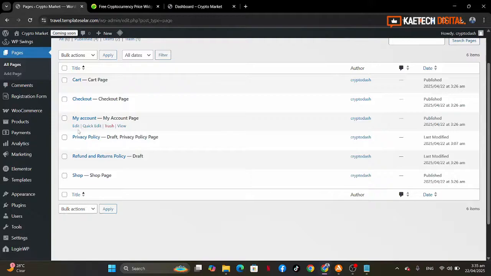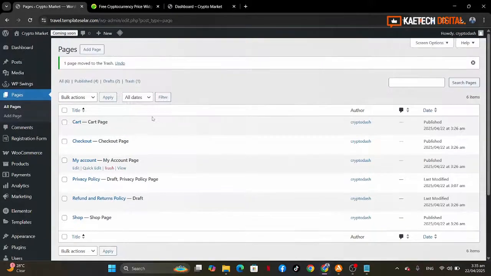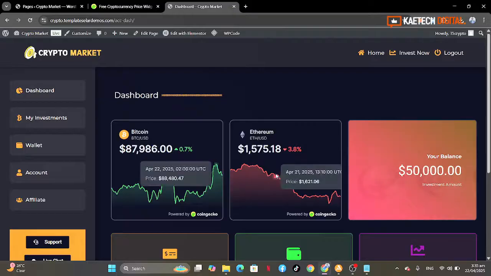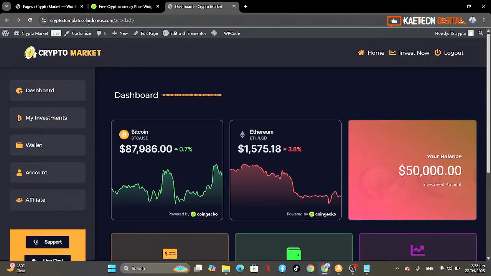Now what I will do is create another page, and I'll call that page dashboard. That is where users are going to land. So if you look over here, this is the dashboard. Now if you look at the URL over here, you see that it is account dash. The reason why I did not make it dashboard is that